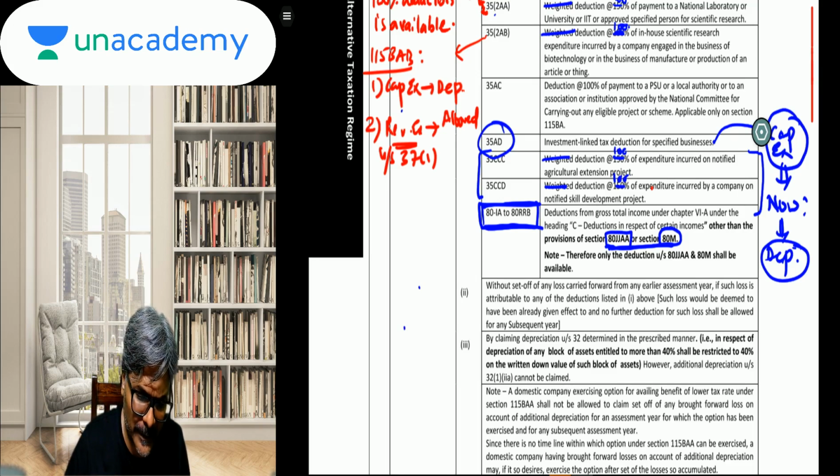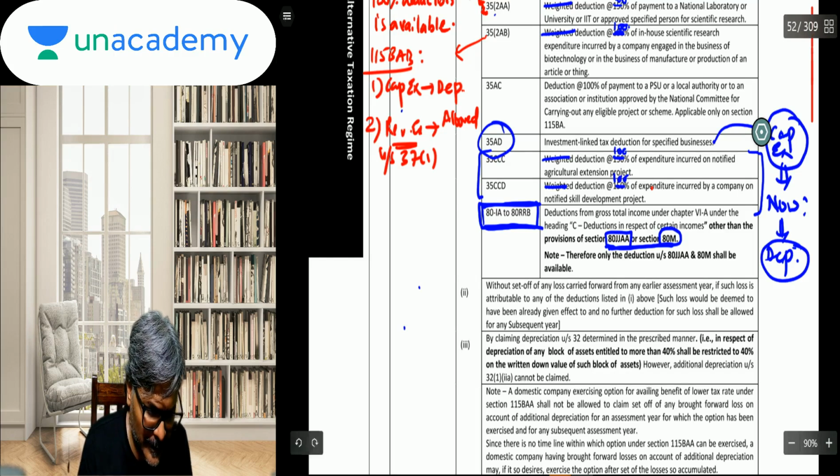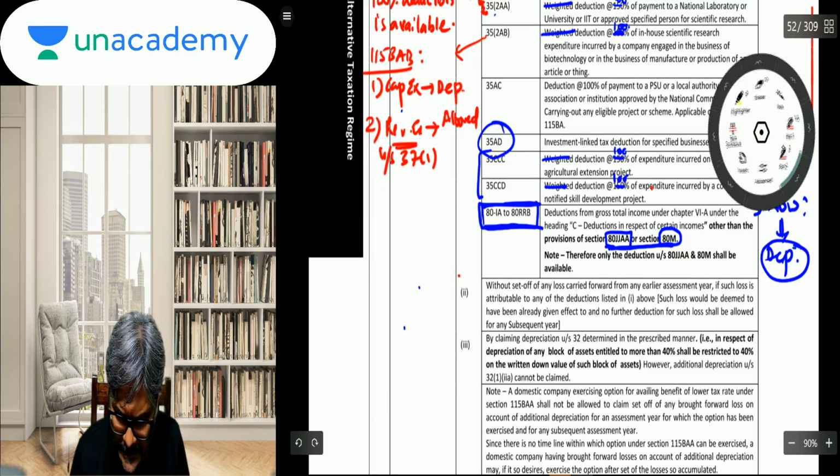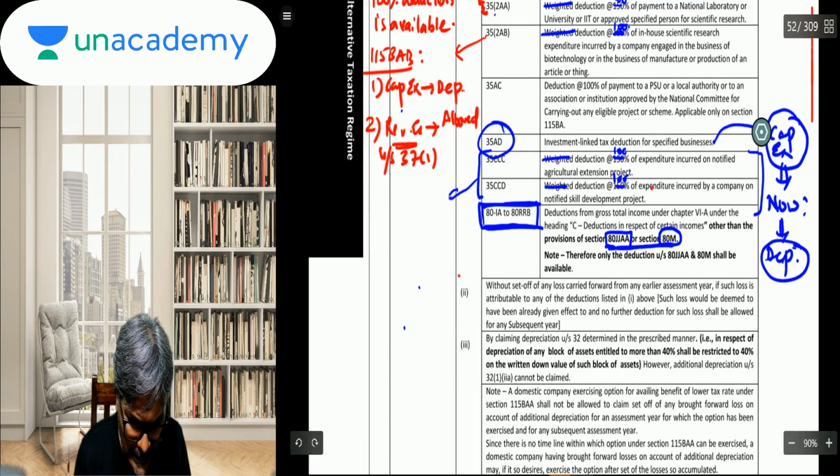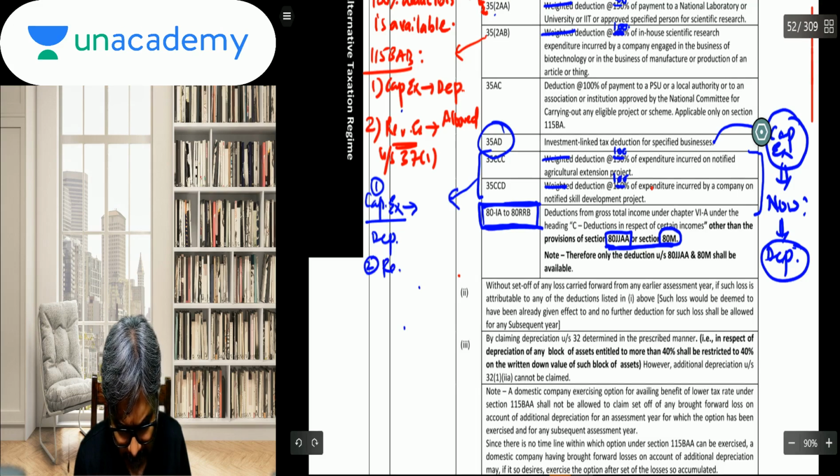Now, even in respect of these items, you can find that herein the capex, if you have incurred, depreciation would be allowed, and second, a revenue expenditure would be allowed under 37(1) if